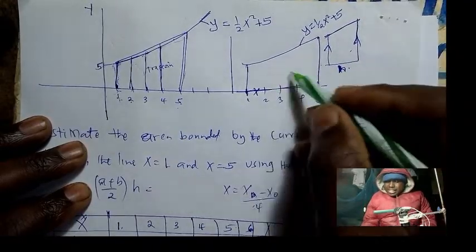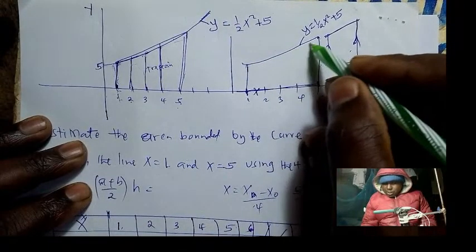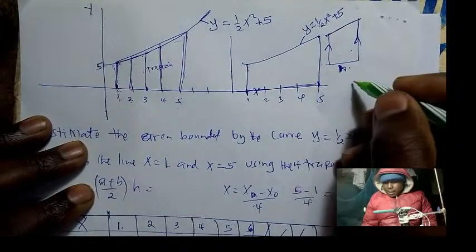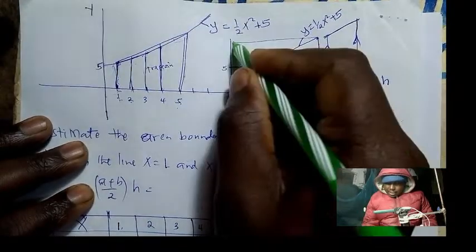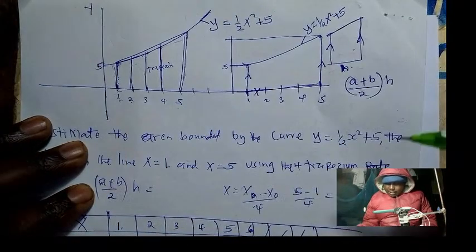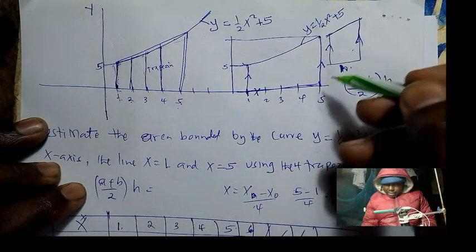I can calculate the area of this, assuming that this one is a trapezium. Assuming that this is a trapezium, we can calculate the area. How do we calculate the area of a trapezium? The area of a trapezium is equal to the sum of the parallel lines and then the height, for example, we can say the height up to where it is reaching is